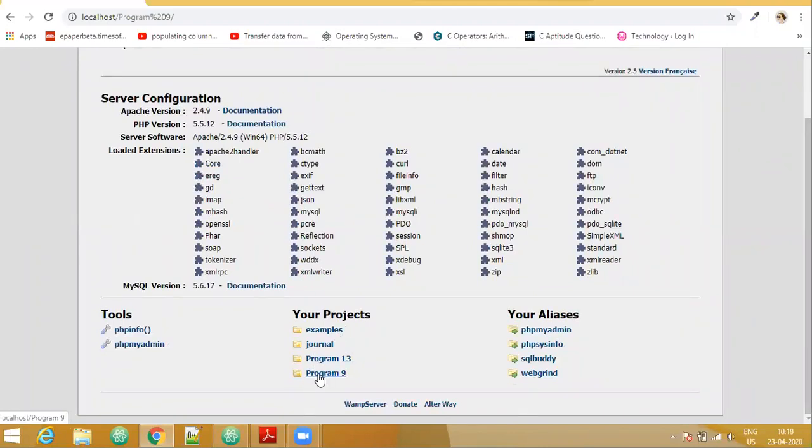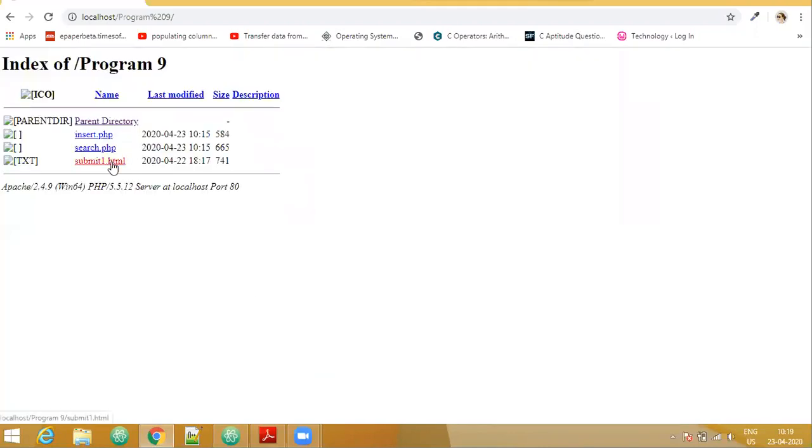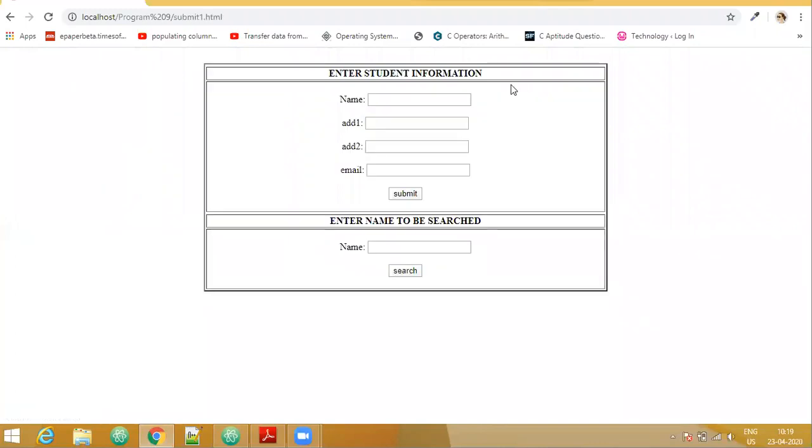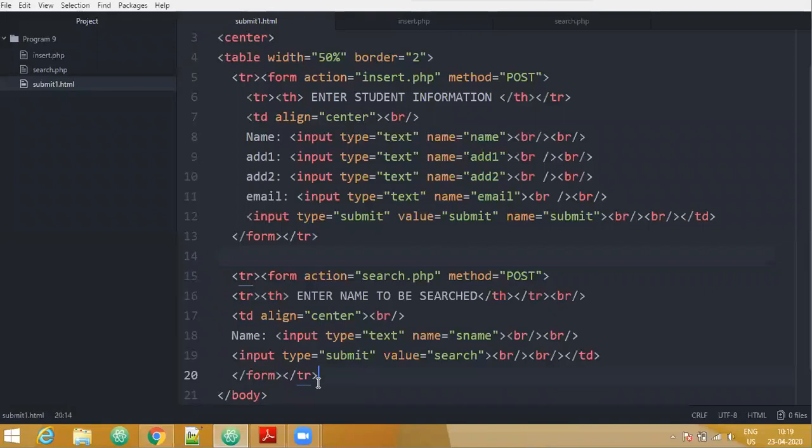This is program number 13. Here you can see this is the heading. These are the 4 text boxes and this is our submit button. The next form that you see is enter the name to be searched. We are going to search based on the name that is entered here. So this is the form.